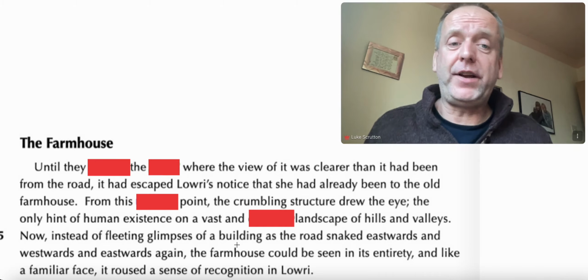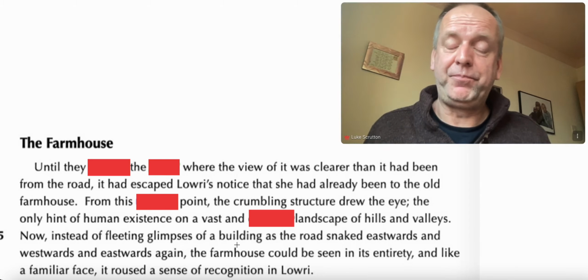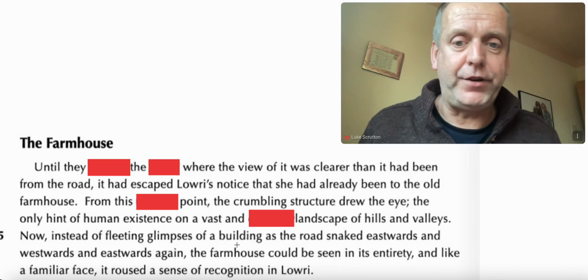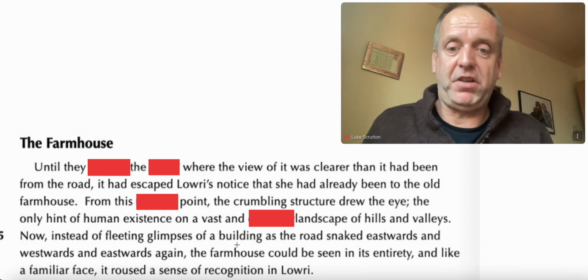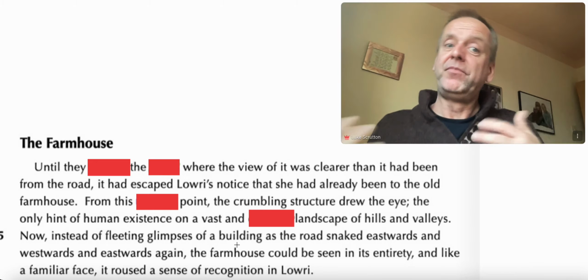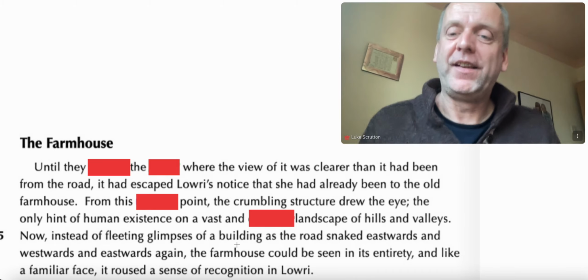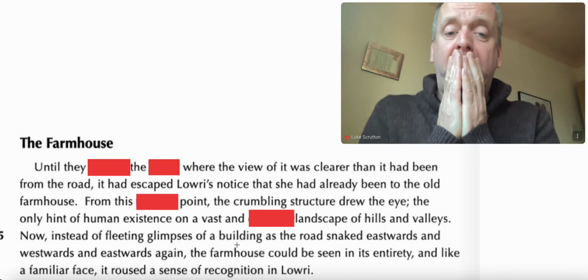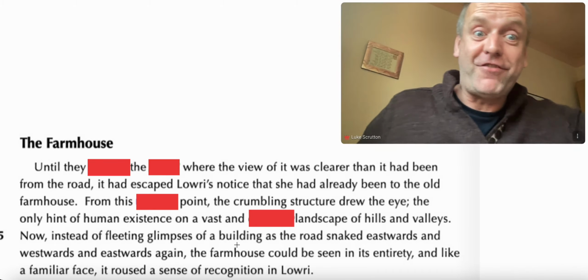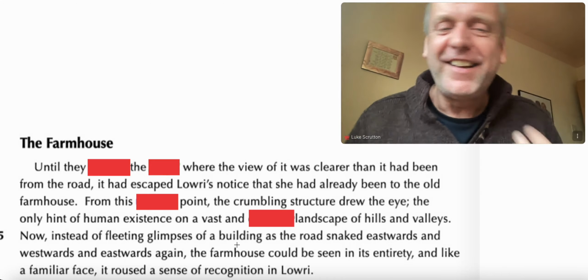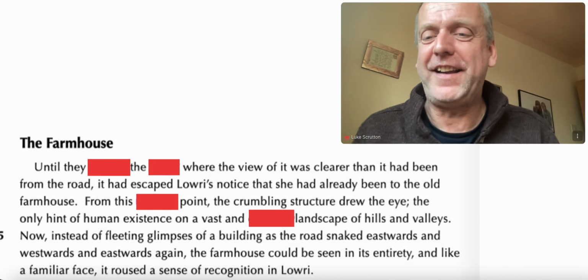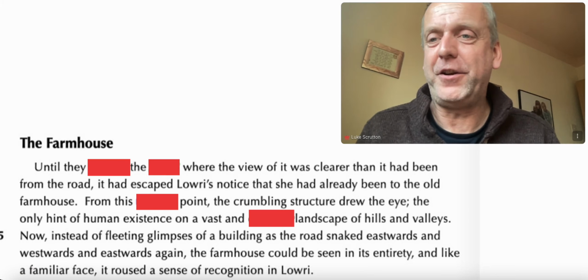So even not knowing those four words, I can still build up a picture. Laurie is in some sort of mountainous region. There's a farm that looks like it's probably old and crumbling that he's familiar with. Oh, and there's also a long windy road. So let's have a look now and see what we can do.